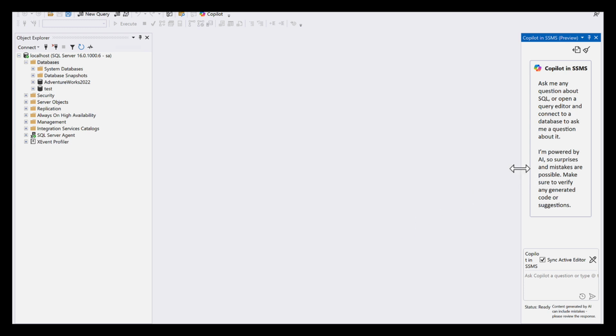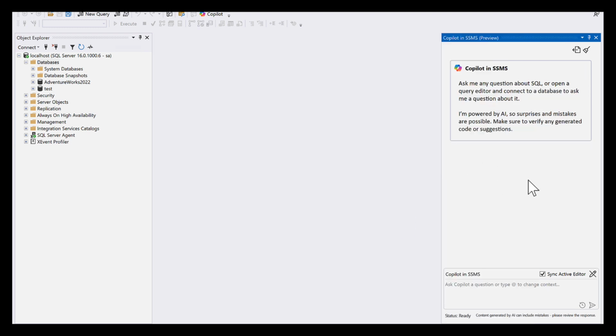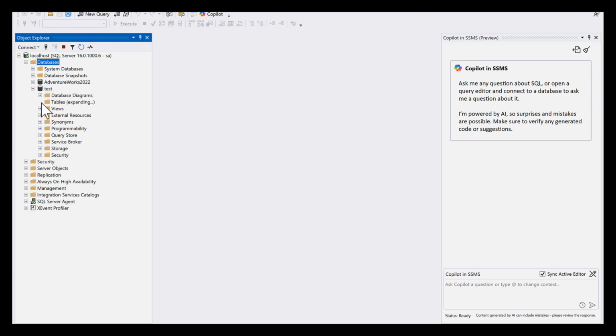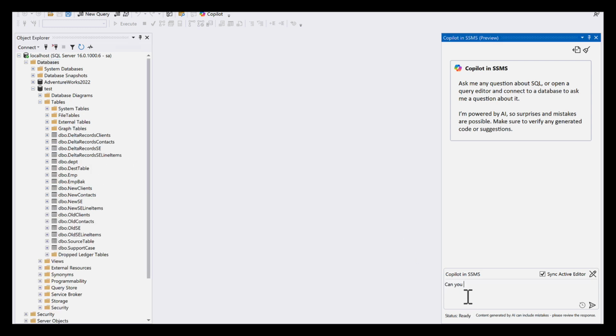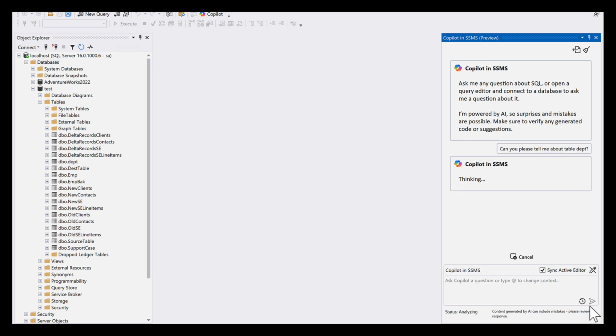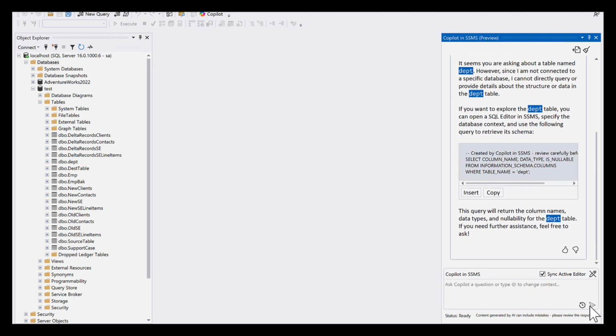It actually starts off my session, and it says CoPilot in SSMS, ask any question about SQL or anything. So let's say I have a test database and I have some tables out there, some random tables. Now if I just want to ask, can you please tell me about table department? So if I just ask and run this, you would see